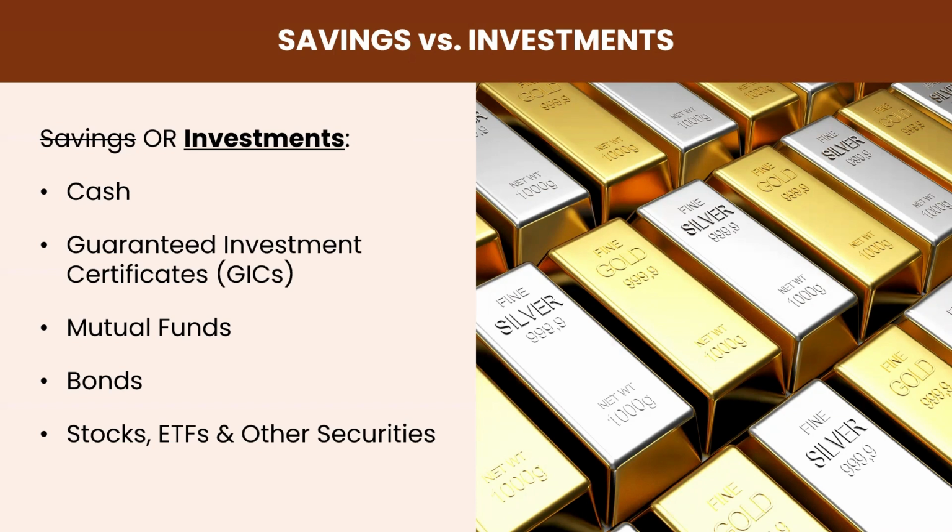You can also hold GICs, guaranteed investment certificates. GICs, like the name implies, are guaranteed. If you buy a GIC today in your TFSA and we say it's at 3%, you can go to sleep and come back at the end of the year and you'll get both your principal, that is the original amount you put in, and your interest, which is that 3%. There's nothing that would happen that would make you lose both your principal and your interest. So it is guaranteed.